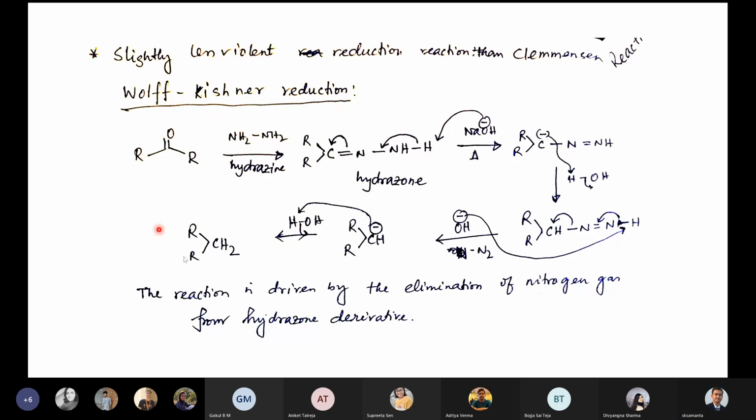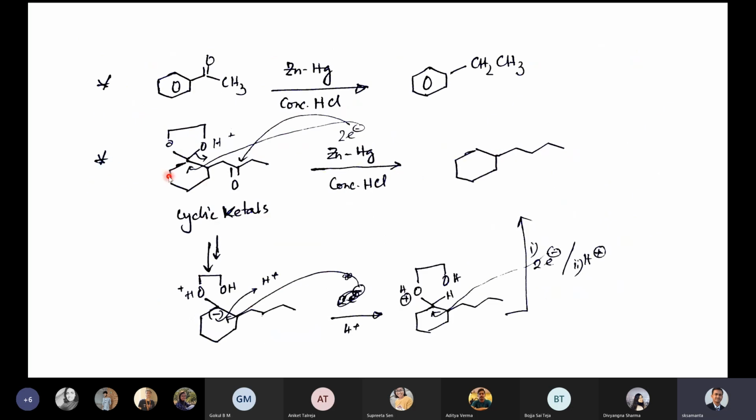Now, what we were saying previously, that Clemmensen reduction is in a harsh condition, a very strong condition reaction. So we also sometimes need a little bit milder condition, because as you saw, it is not selective anymore. It can reduce everything. Maybe you do not want that, right? Maybe in some reaction you want only one CO to be reduced, not both. That is the first reason.